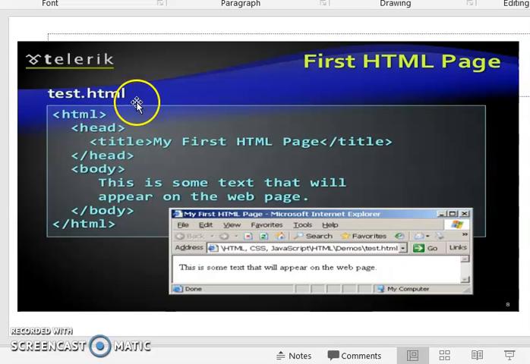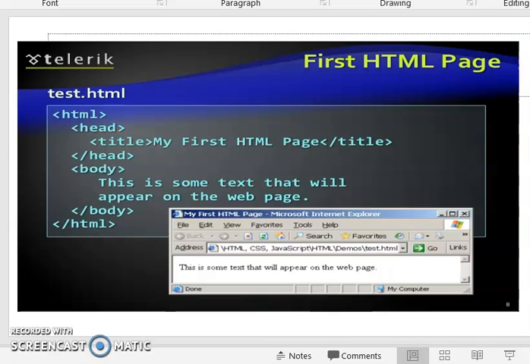This is the first example of an HTML page. The syntax: the HTML and /HTML are the two enclosing tags. Then the head tag, then the body tag.